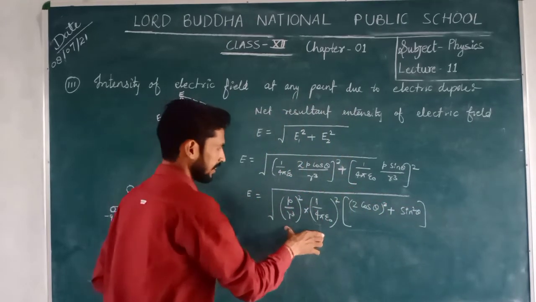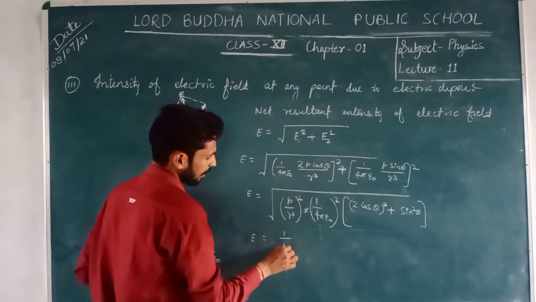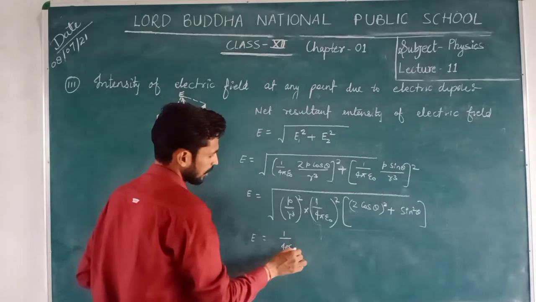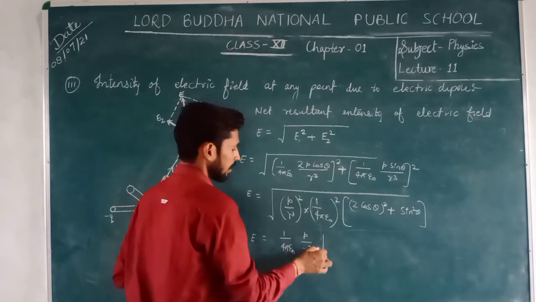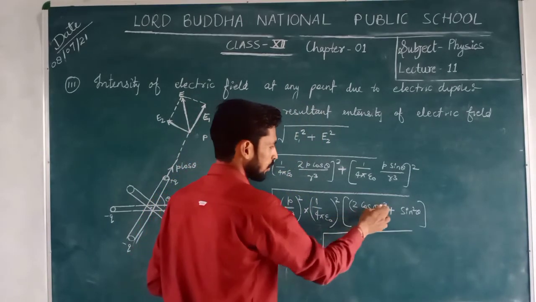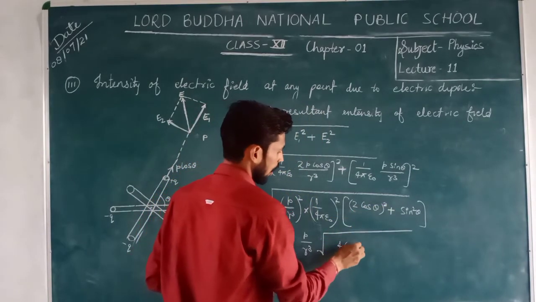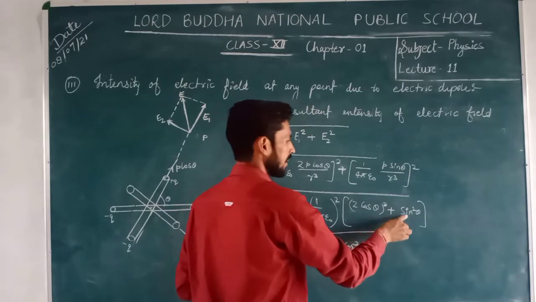Now we can take this common, then equals to 1 upon 4 pi epsilon naught p upon r cube in the square root, 4 cos square theta and plus sin